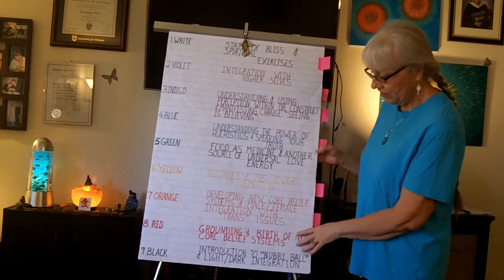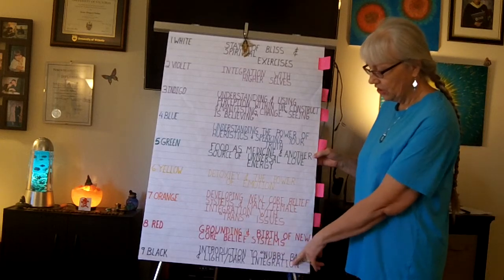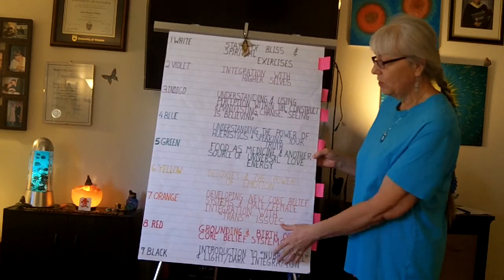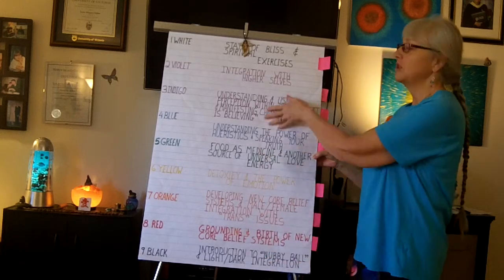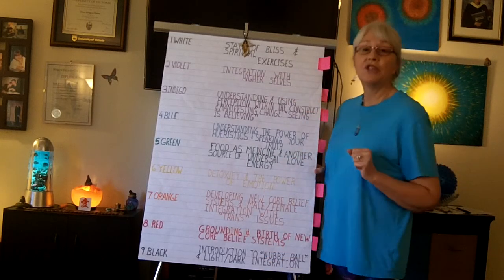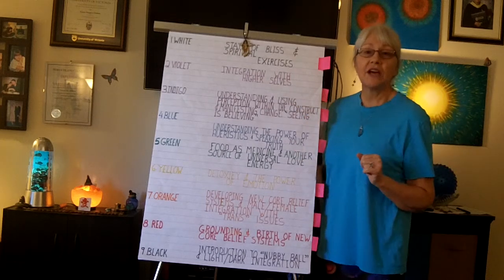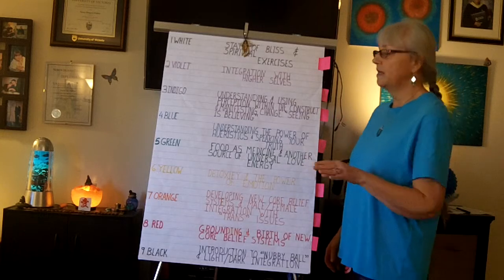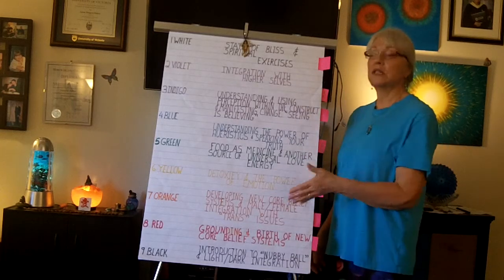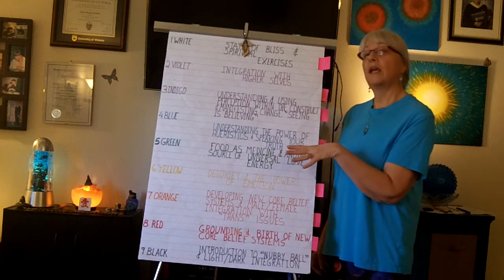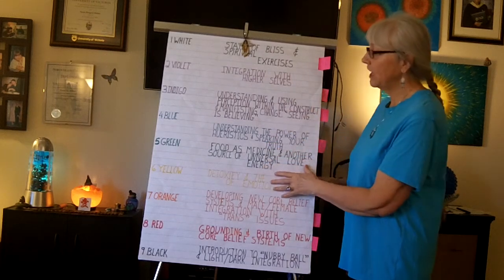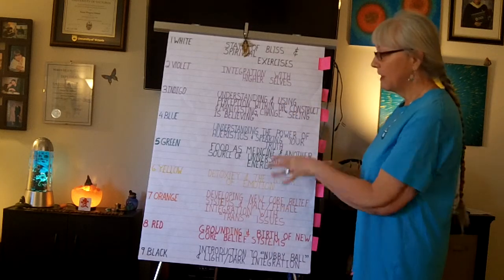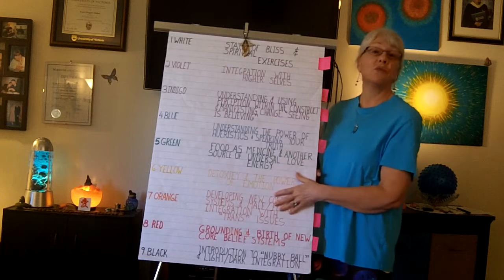We've already covered the Introduction to the Nubby Ball and Light-Dark Integration in number 9, Black. Then we did Step 8. We're supposed to be working our way from the bottom to the top, and you don't have to do it this way. You can pick and choose cafeteria style how you would like to watch these videos. Every single one is meant to work with every other one. So this is a gestalt, or I guess a quantum way of looking at health. Once you've got your foundation, then you move up to the higher things, but they bounce back and forth, and any part of this will do you some good.